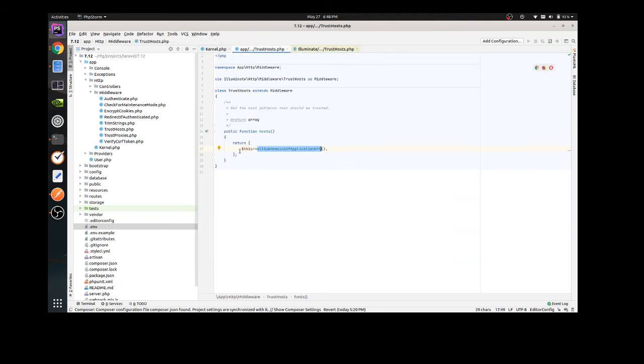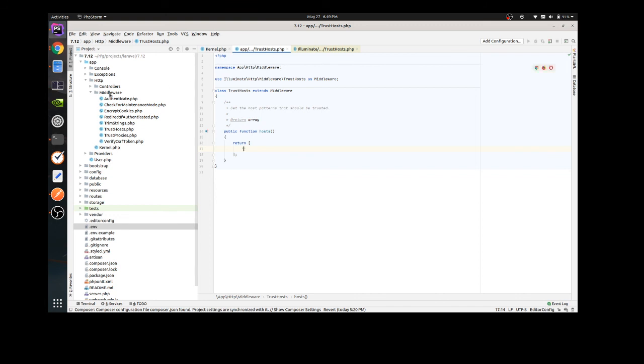So what I am trying to say is that you can rewrite this method, or you can remove this part and manually add the hosts which you can trust. Like if I write any domain there which I can trust, we can use it. So this is a very helpful method, and in that way, when requests come to the server from the subdomains or any domain which we trust, they will be bypassed and executed on the current server.